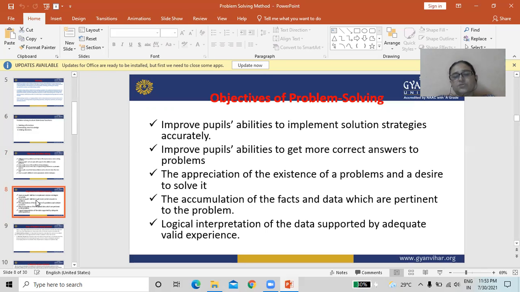The appreciation of the extensions of a problem and a desire to solve it. The accumulation of the facts and data which are pertinent to the problem.